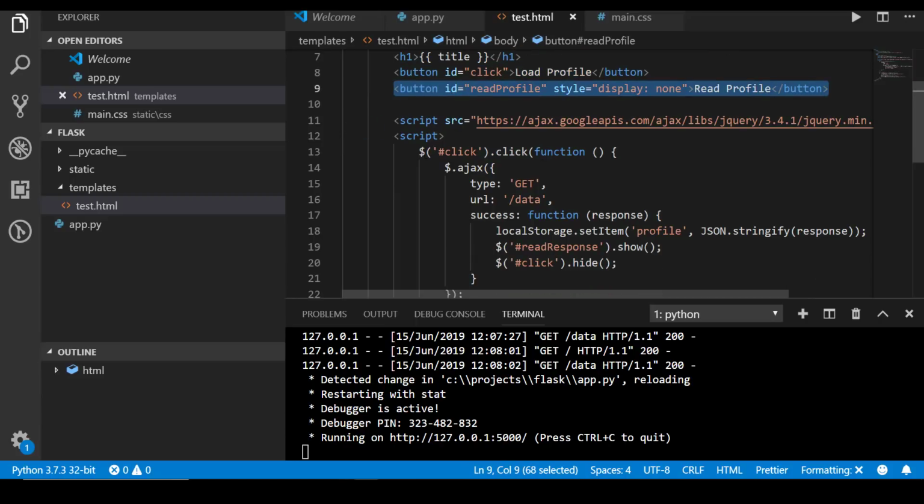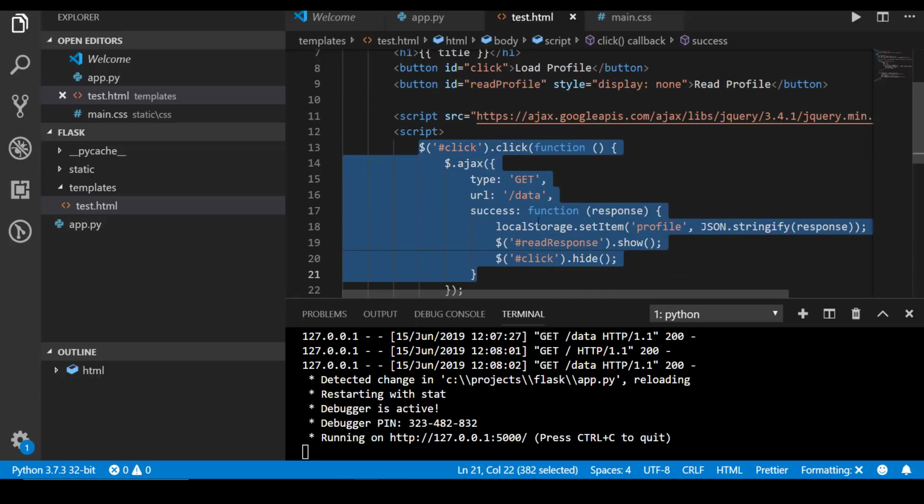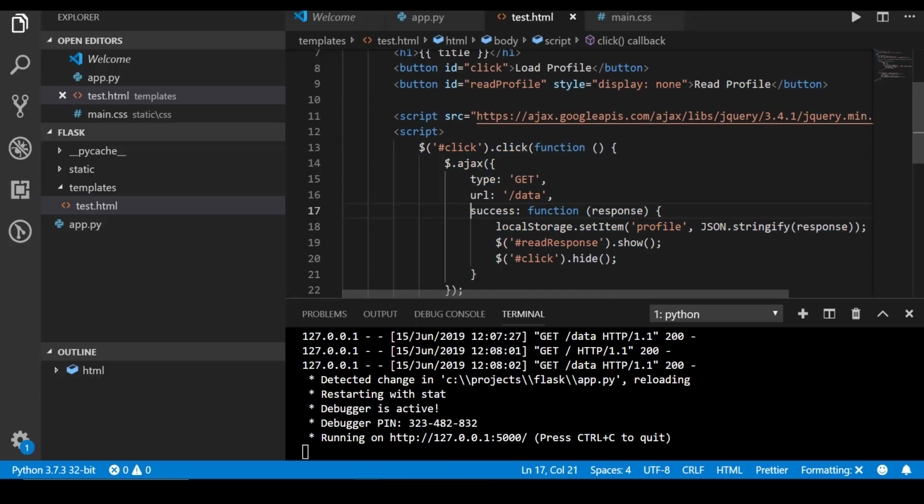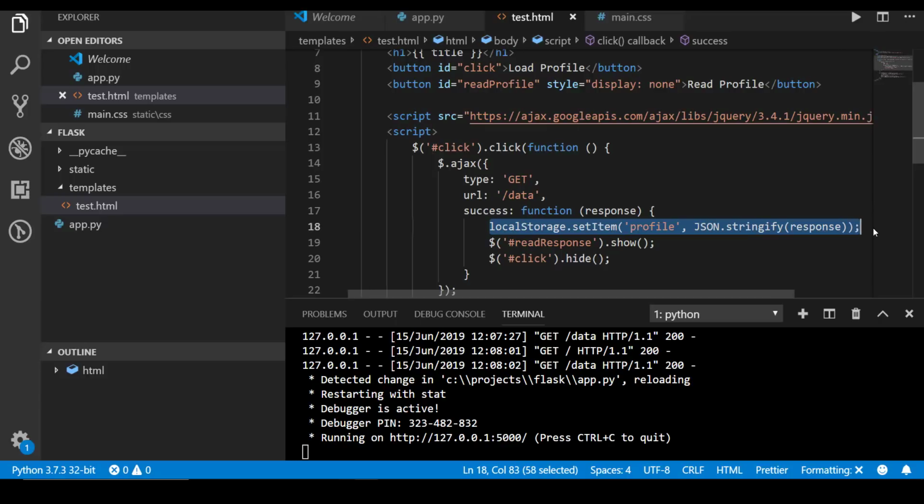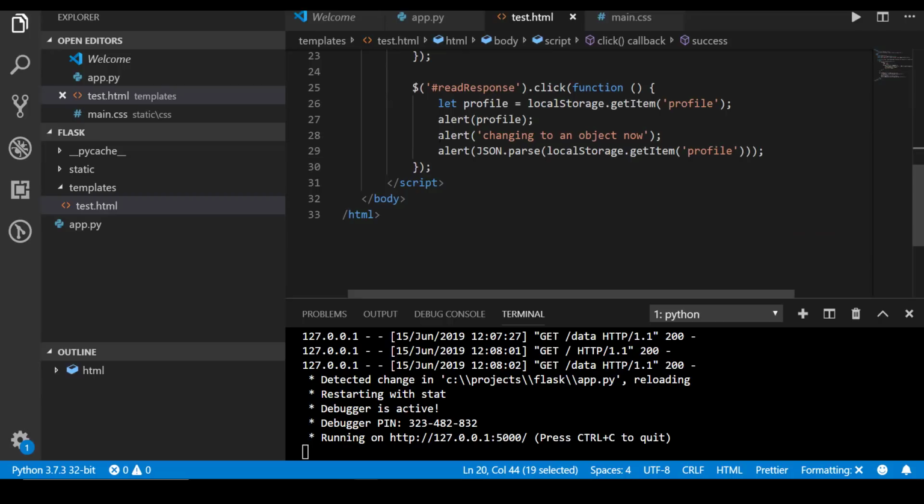Upon clicking the button, this is going to make an AJAX call to our server. It's going to then take the response. It's going to turn it to local storage to save it on the client's machine. It's then going to show the read response button. It's going to hide the other button. And then this is going to be called when you click the button that is then shown, which is going